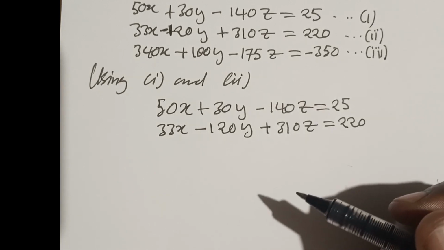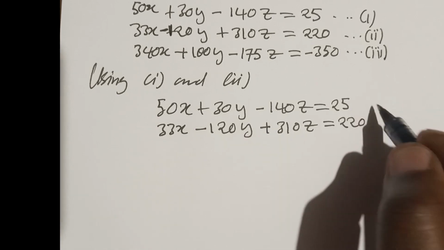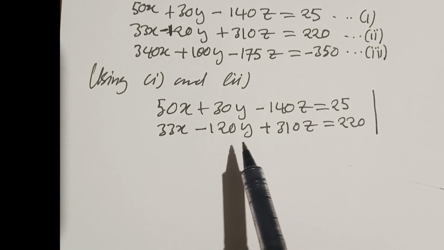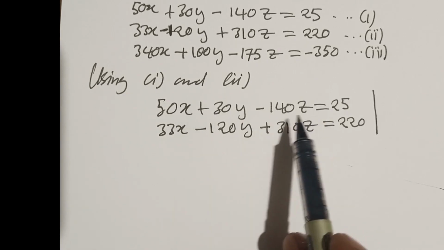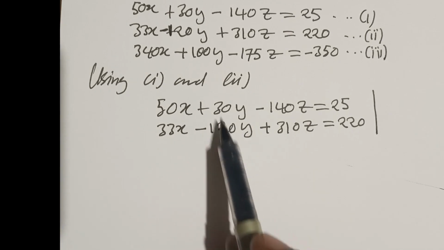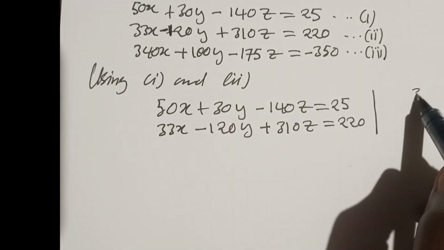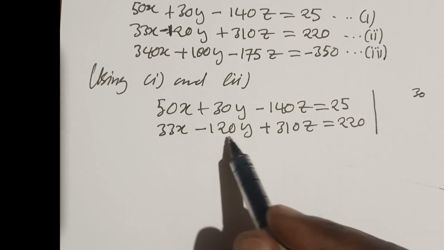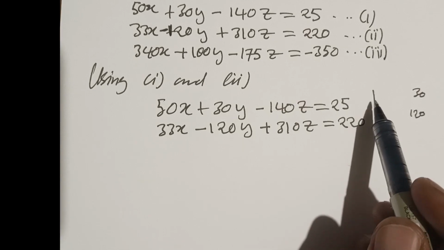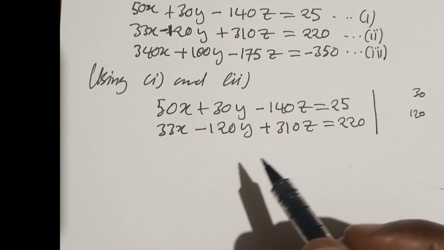So you decide which variable you want to eliminate. In this case, let us eliminate y. For you to eliminate y, you have to look for a number such that when you multiply the first equation by it, and another number for the second equation, the coefficients of y must be equal. Here the coefficient of y is 30, and there the coefficient of y is 120. So which number can I multiply 30 and 120 with